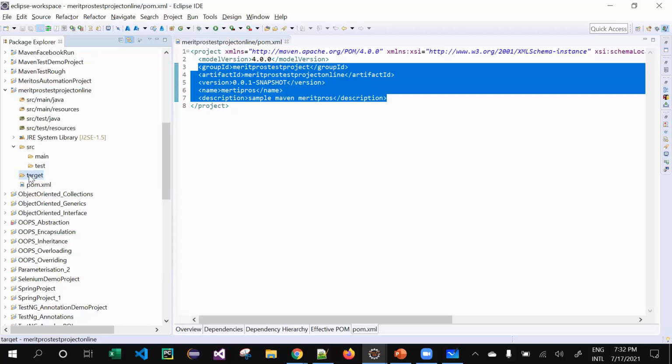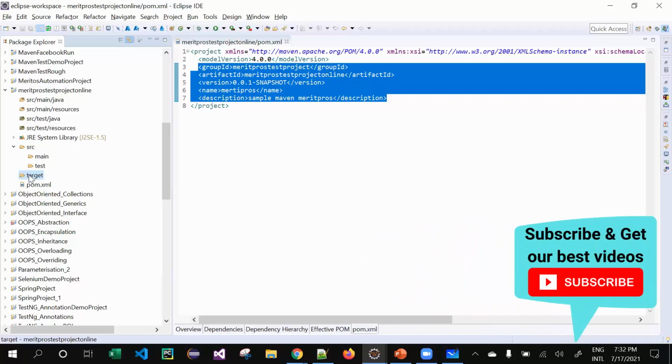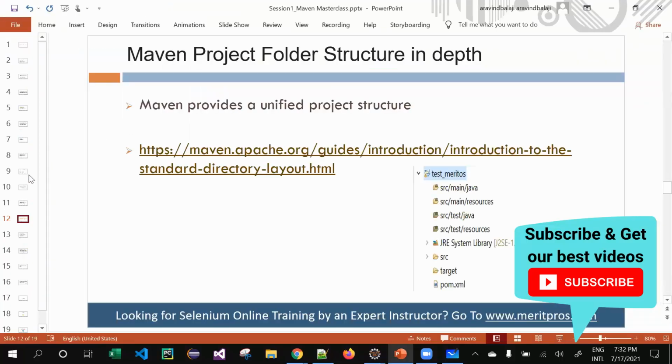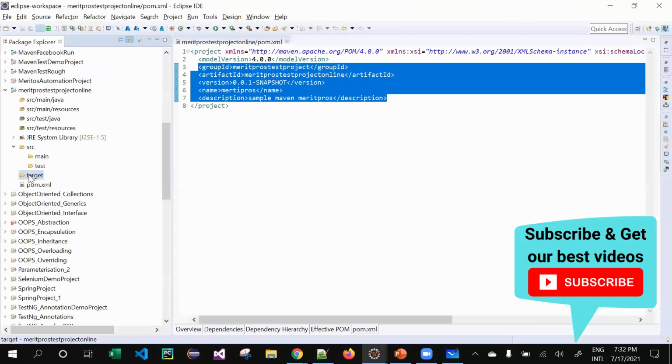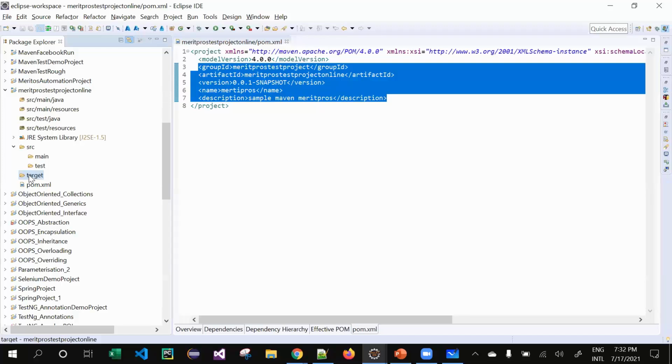So all these things contribute towards the project structure. Your structure cannot be changed, unfortunately, because there are certain sets of standards and rules that need to be followed for any given project. So these cannot be changed at any cost. And the recommendation is, don't try to change it. Your project will be a mess later on. Okay, so this would be the standard that we'd be using. And to brief you about what is SRC main Java, SRC main resource, SRC test Java, SRC test resource, and all the stuffs, just a quick look at these project folder structures.